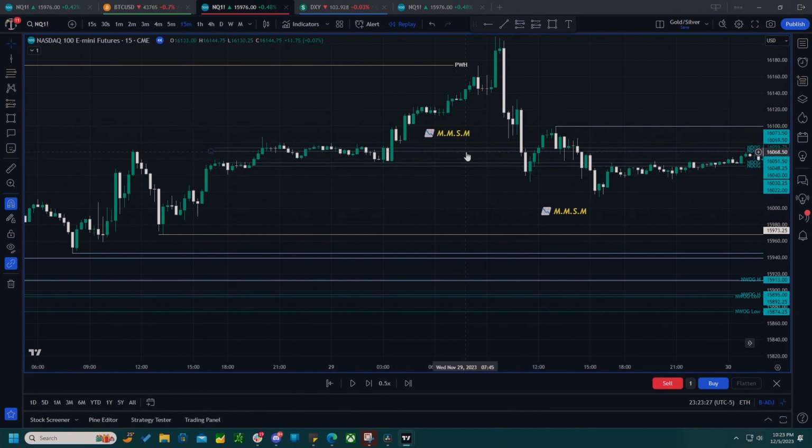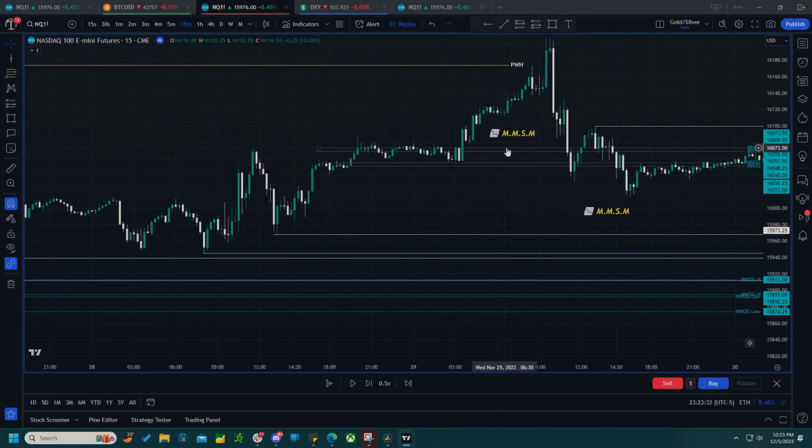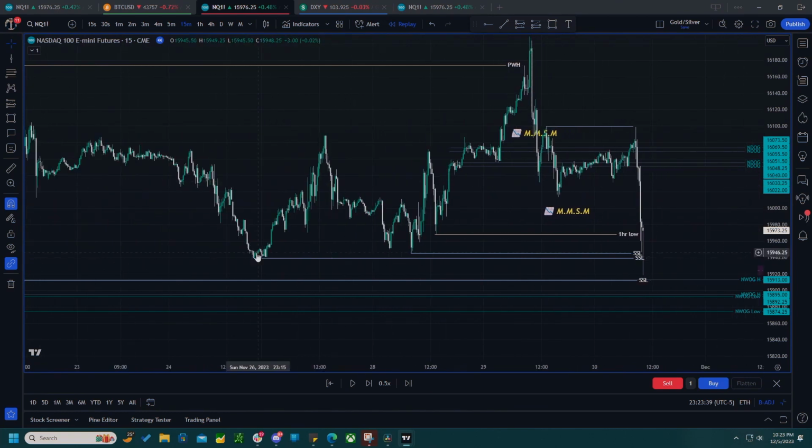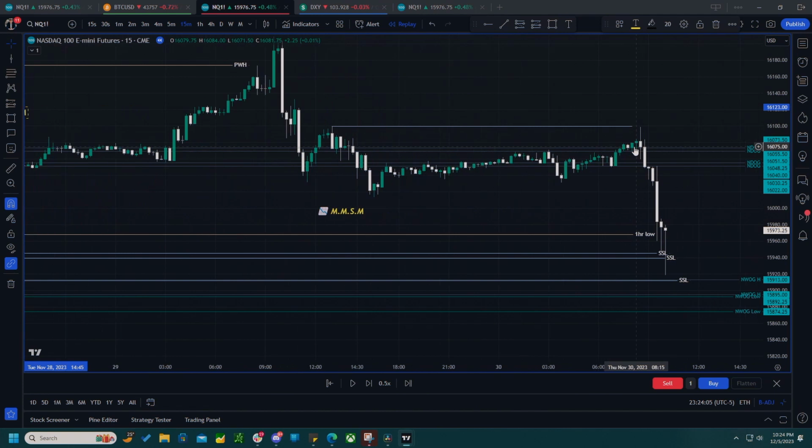But what's interesting is that this market maker model right here is also a market maker sell model within a larger market maker sell model. We have our original consolidation right here. We have our expansion higher. We have a reversal, which was our previous, that smaller market maker sell model. And then we expand lower, and then we enter this consolidation, which was actually overnight. And you can see that on the 8:30 candle right here, it actually wicks up just under a level